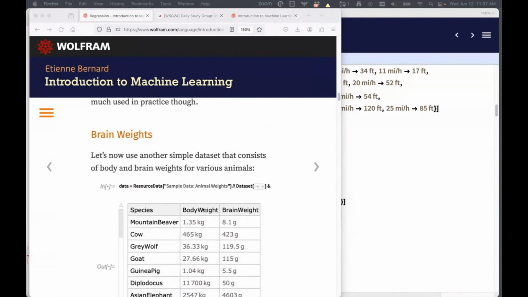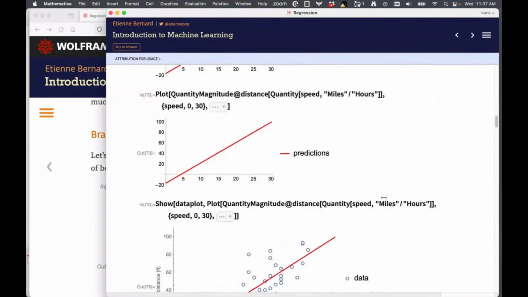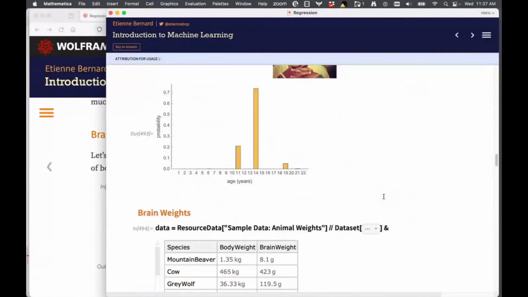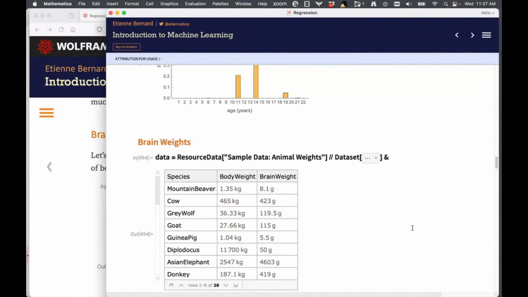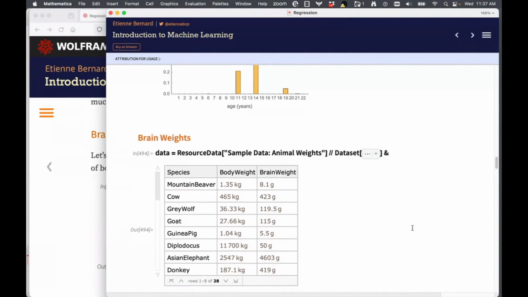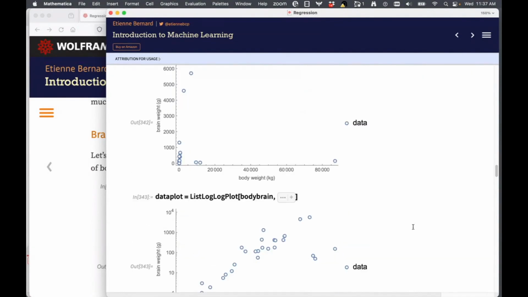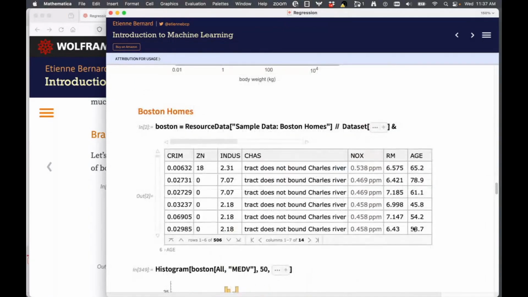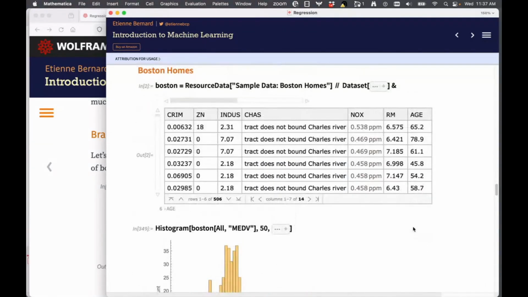All right. So now let's move on to, again, another hello world sort of problem in machine learning. If you're starting out with regression, I'm going to skip brain weights. If you have any questions specific to this problem, feel free to get back to us on the survey or on the community thread. So we are going to look at the Boston Homes dataset, which is